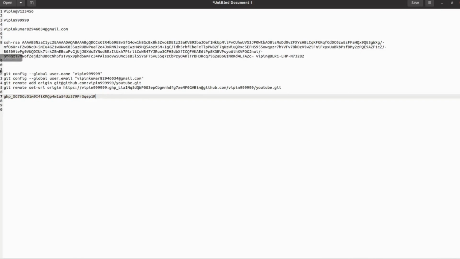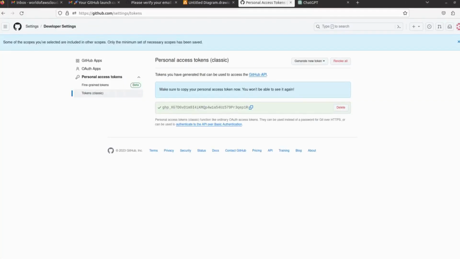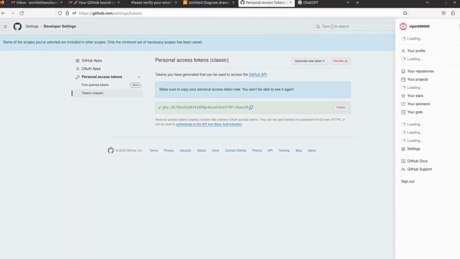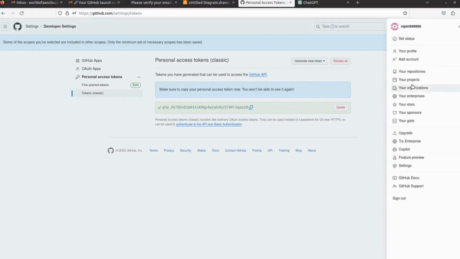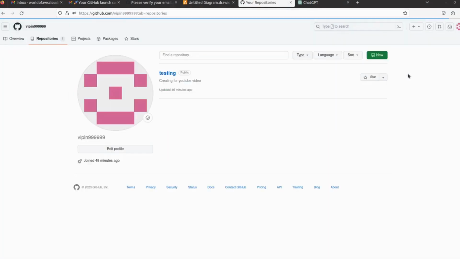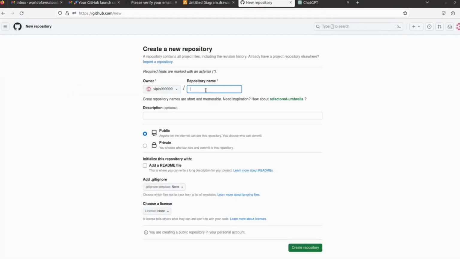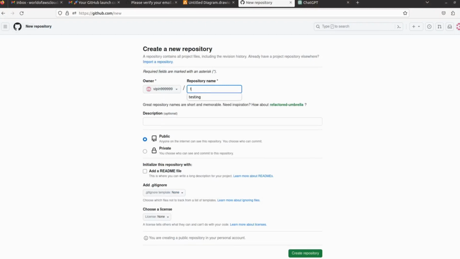Go back to your GitHub console and go to the repositories. Let's create one new repository here and give it the name youtube.